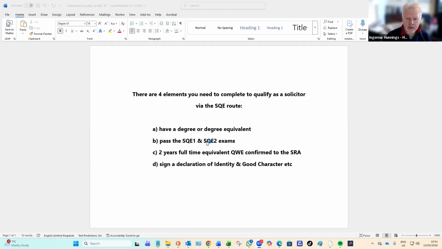You cannot apply to sit the SQE2 exam until you have passed the SQE1 exam, or if you were exempted from the SQE1, you obviously then can apply for the SQE2. So that's the exam. So it's the SRA who are assessing your knowledge and your competence to practice. Now then, the